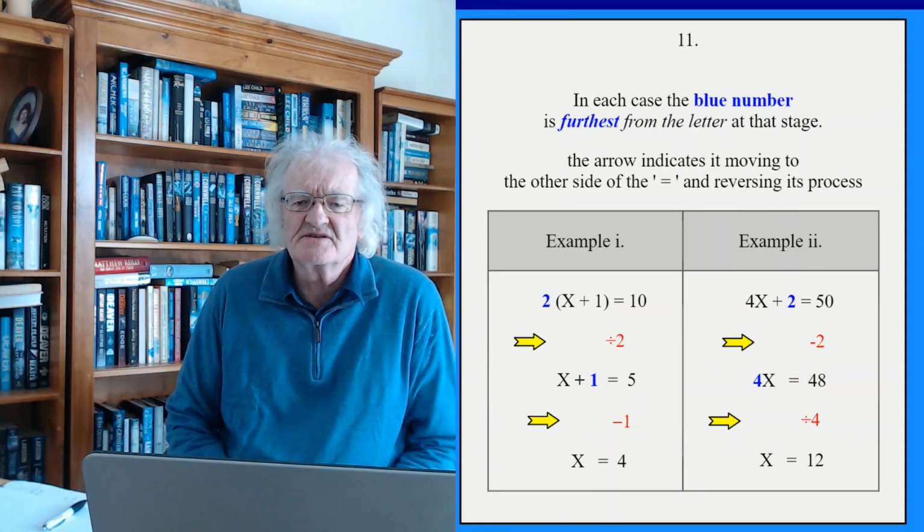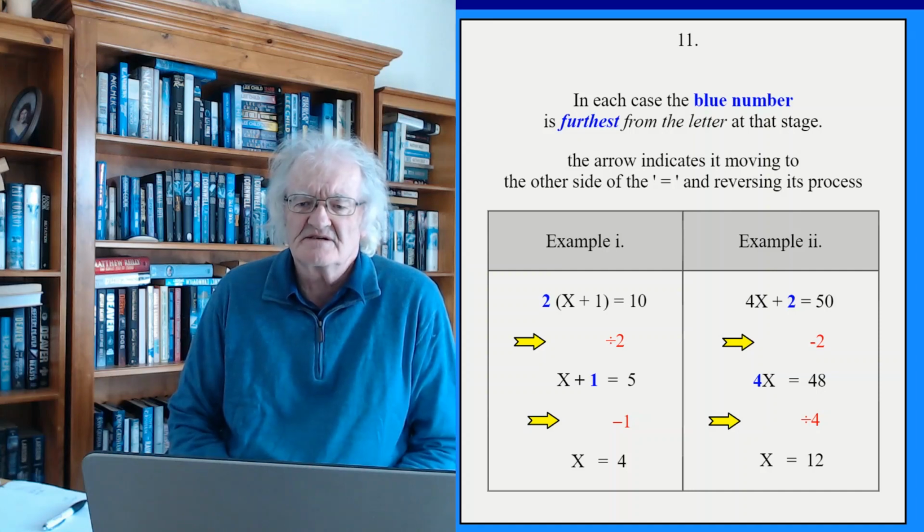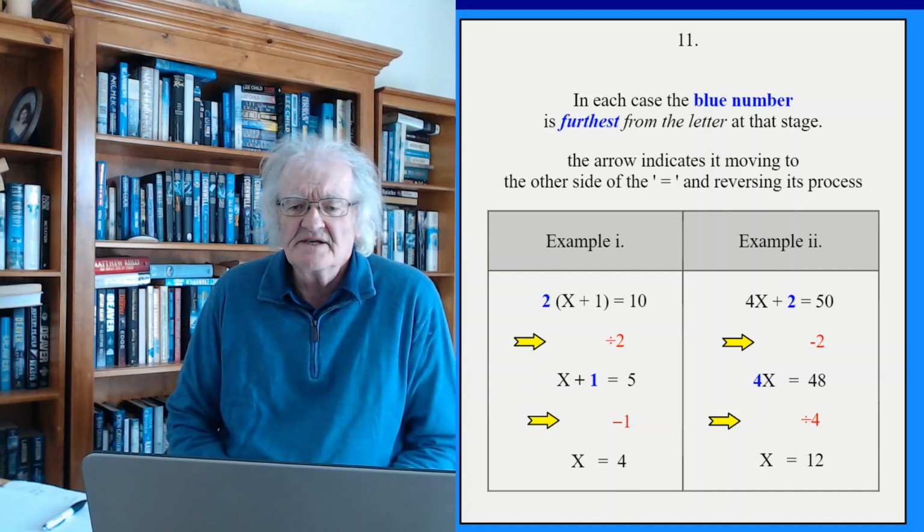In each case, the blue number is furthest from the letter at that stage. The arrow indicates it is moving to the other side of the equal sign and reversing its process. So in example 1,